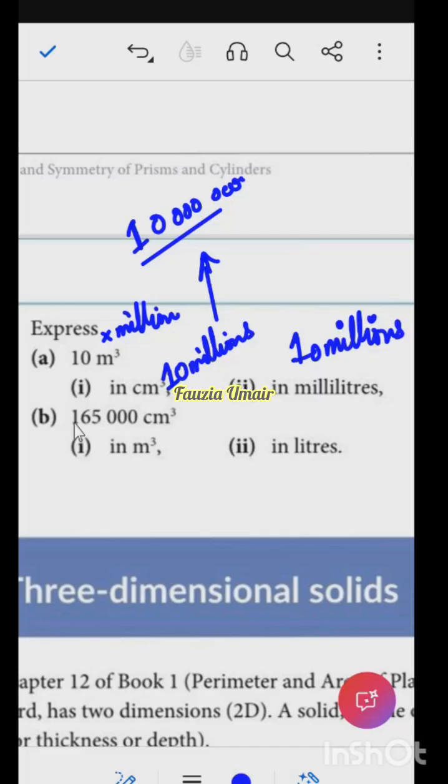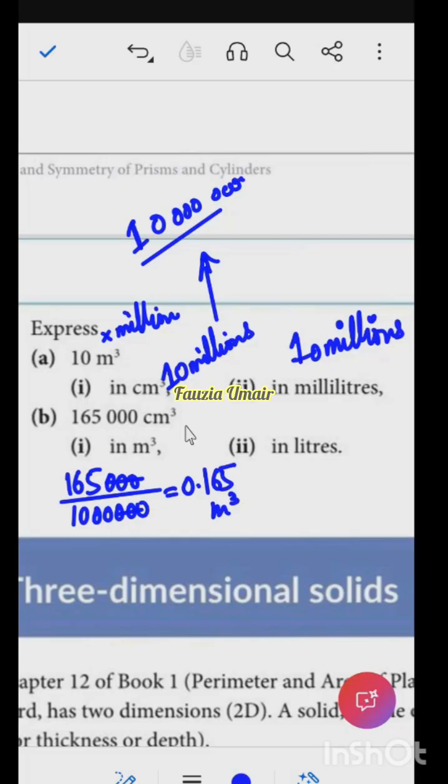ठीक है. Now this one, 165,000 सेंटीमीटर क्यूब। अगर हम इसको मीटर क्यूब में कन्वर्ट करें तो हमने किससे डिवाइड करना होता है? वी नीड टू डिवाइड बाय 1 मिलियन। सो 6 डिजिट, 6 zeros। अगर ये 3 कट भी करते हैं तो 165 डिवाइडेड बाय 1000 क्या आंसर होगा? Ma'am, 0.165. वेरी गुड, 0.165 मीटर क्यूब।